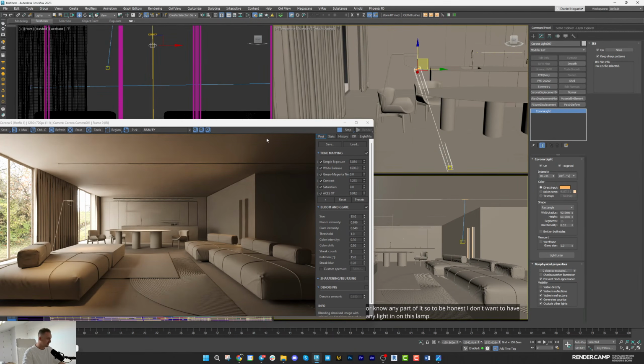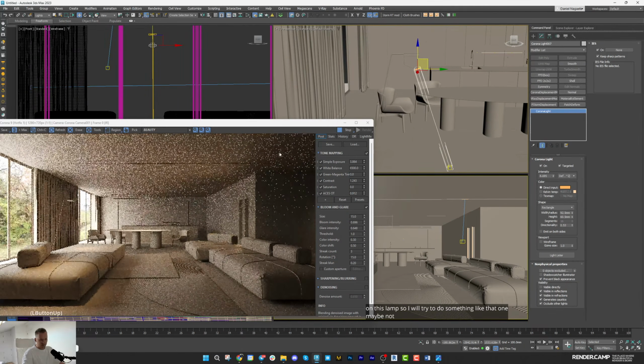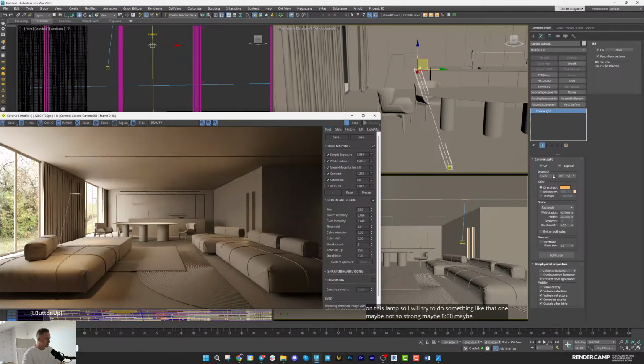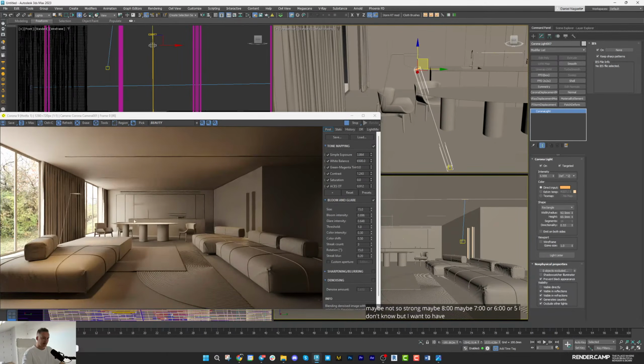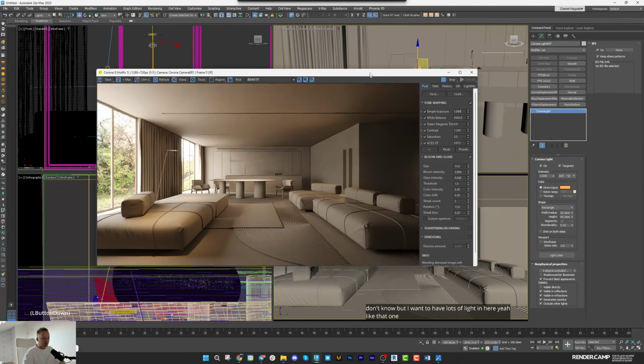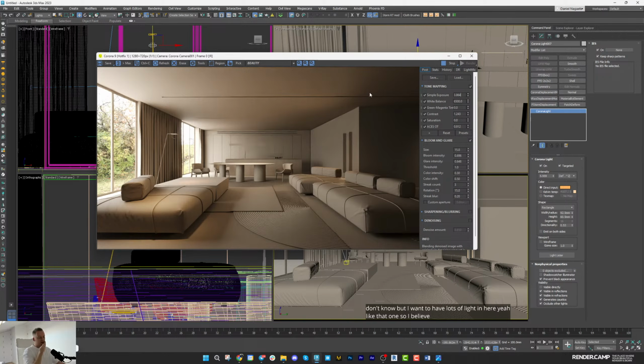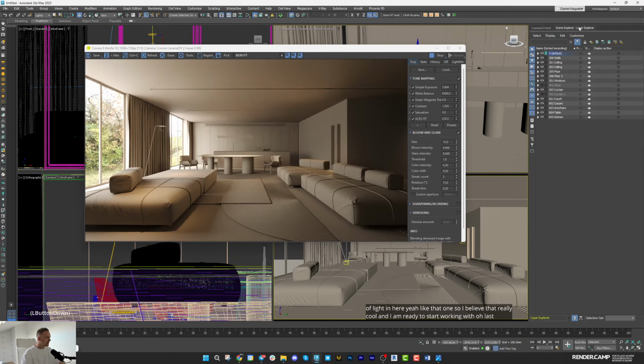So I will try to do something like that one. Maybe not so strong. Maybe 8. Maybe 7 or 6 or 5, I don't know, but I want to have less light in here. Yeah, like that one. So I believe that's really cool, and I am ready to start working with last things,